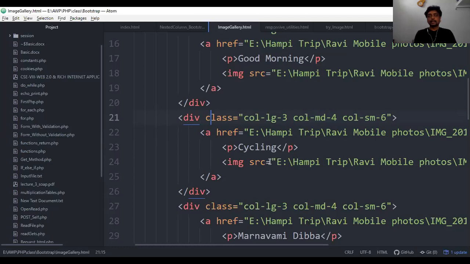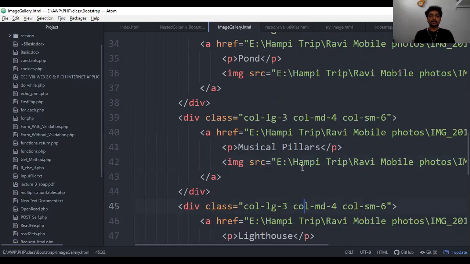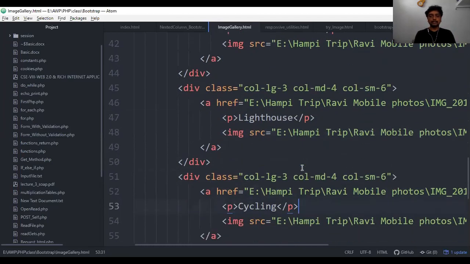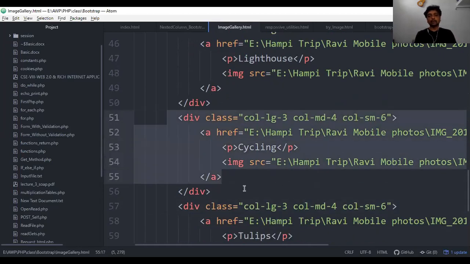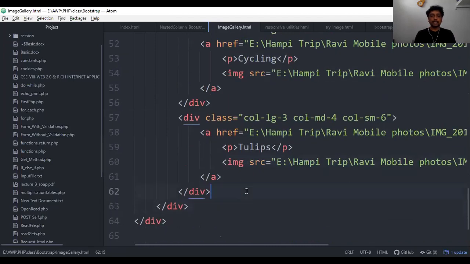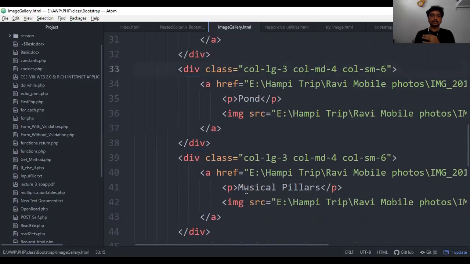This is how we are going to make use of the image utilities or the image classes which we are going to use while creating the image gallery. Like this, you can have any kind of galleries. However many you want, you can make galleries over here. Here totally I made 8 galleries, 8 images. Once you create one image, the rest are of a similar type. Same copy paste. You just make it with a different size. Okay, this is how we create the image gallery.